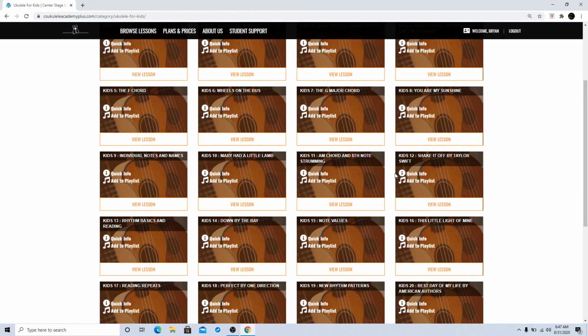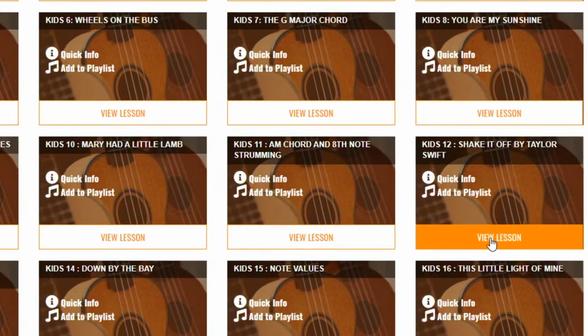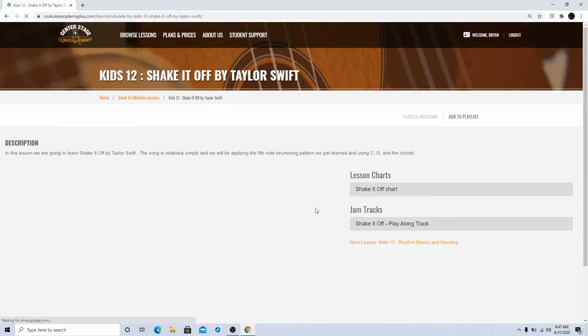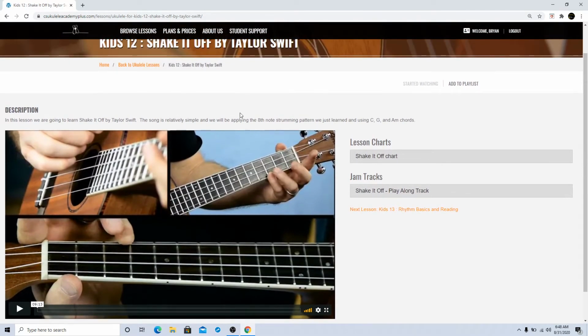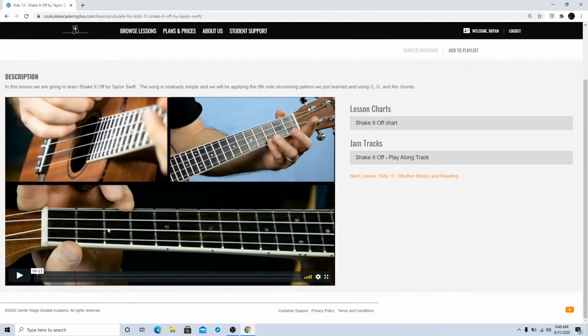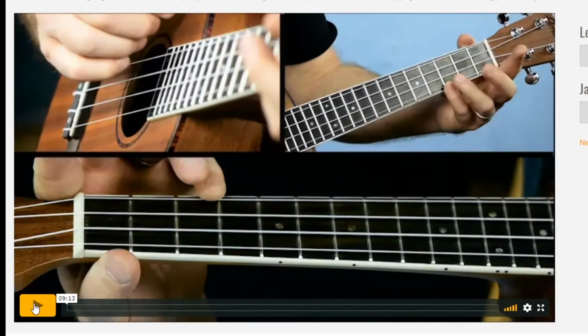Let's pick Shake It Off by Taylor Swift. Okay, so in the lesson page, we have a description up top. We have the video here, play button. This yellow meter is for volume. This little wheel you can click. You can change the video settings